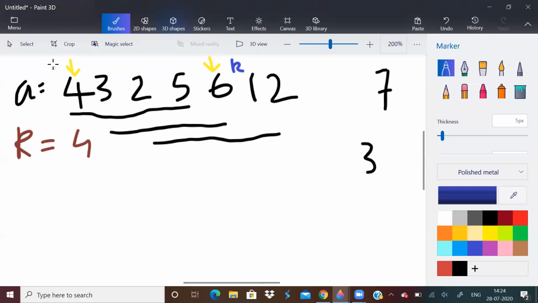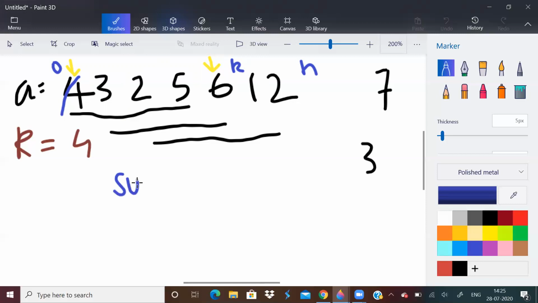One pointer will be pointing on index 0. Another pointer will be pointing on index k. We will move this pointer until n, that is the size of the array. And every time we move this by 1, we move this by 1 also. When we move this by 1, we have to remove this element. When we move this by 1, we have to add this element.